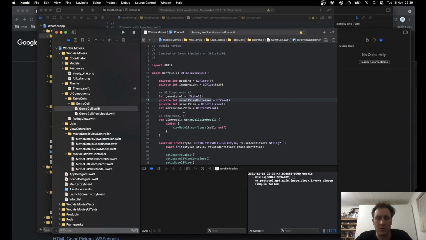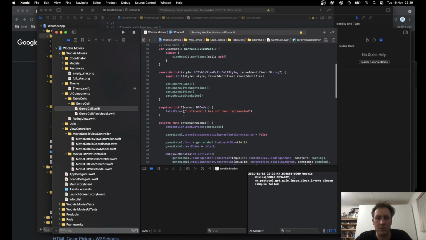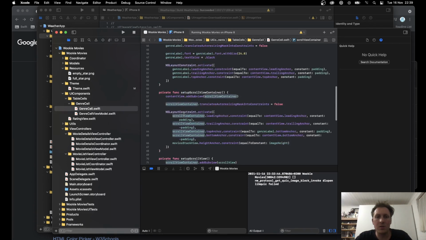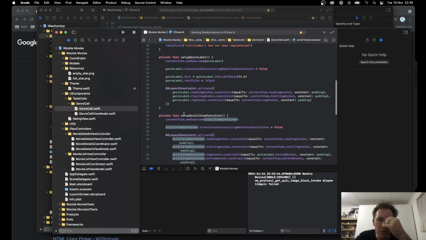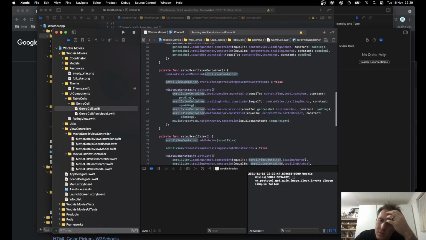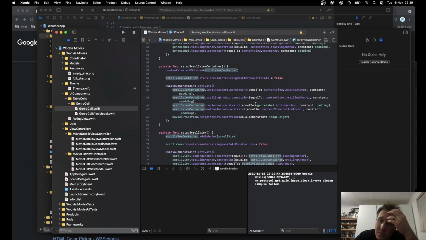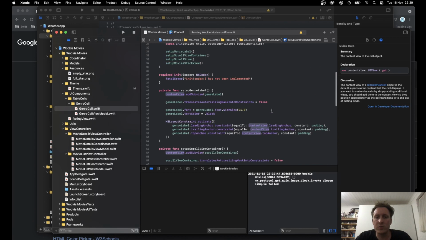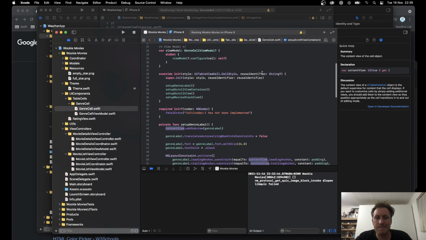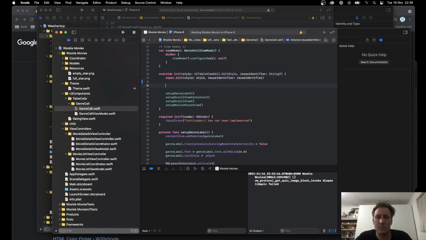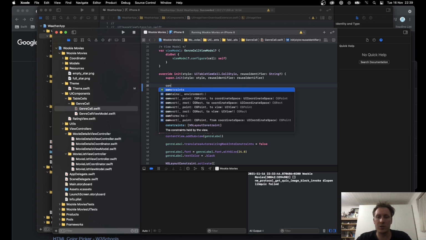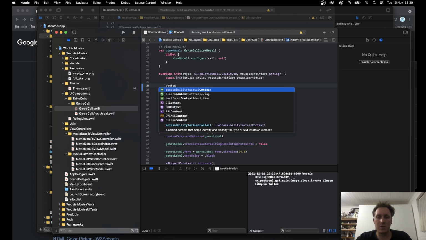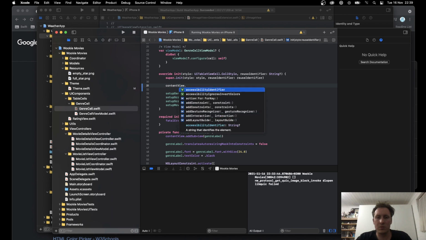Our scroll view container, that is not, so it's actually the content view. I don't know if it works if I set it here, but let's try. Content view dot